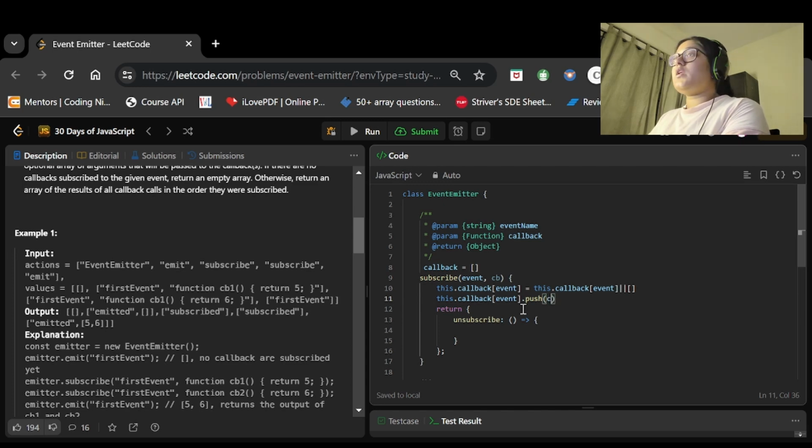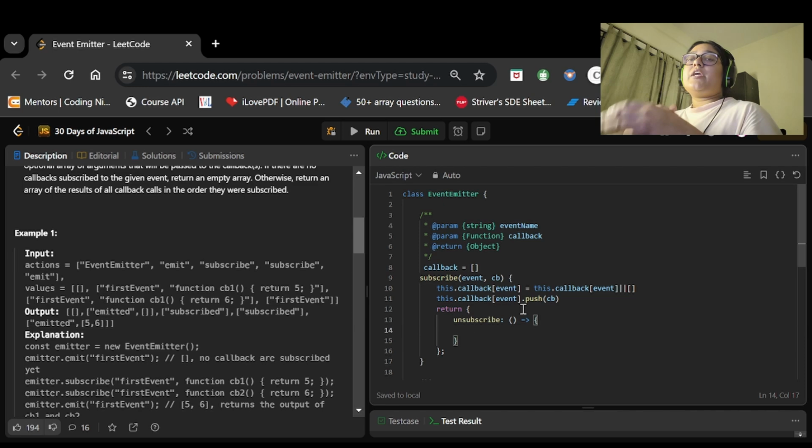Okay, now after this, this was happening when we were subscribing, right? Now when we were trying to unsubscribe, then for that event name, we were checking if any value is present or not, or any callback function is present or not. If it is present, then we were deleting the value, and if it is present and the length of the value was greater than 1, then we were deleting the first index.